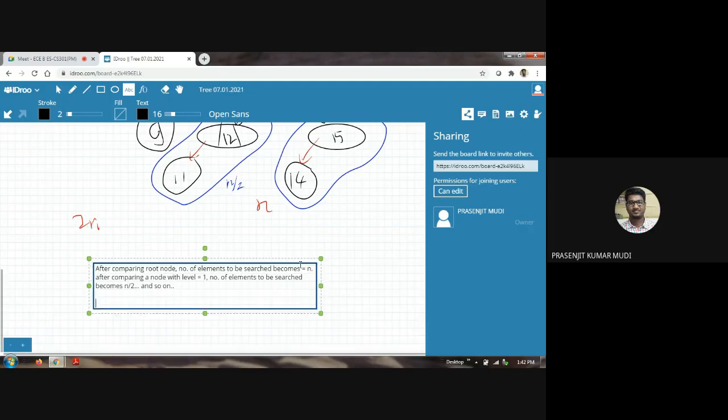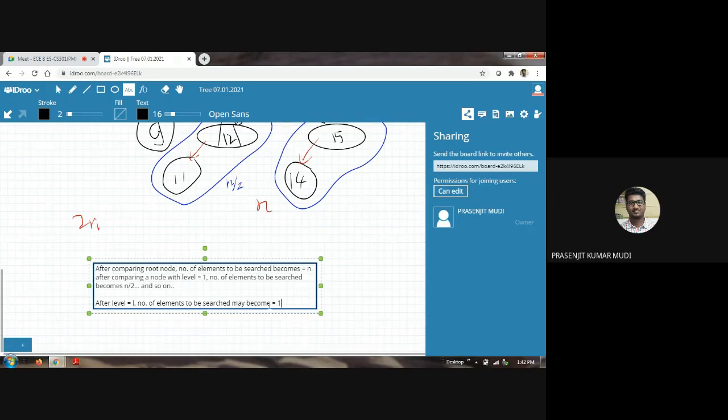So in this manner, if we continue, after level equal to L, what will happen? The number of elements to be searched may become equal to 1.